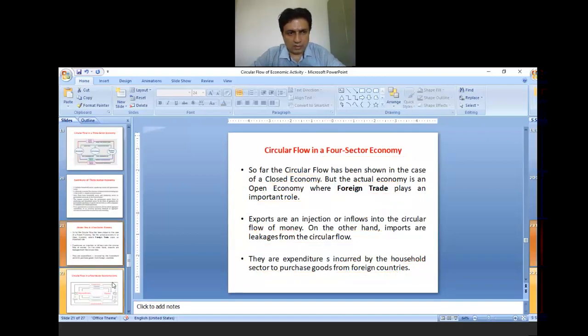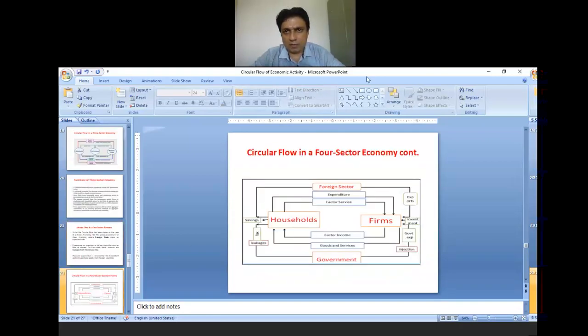So moving to the next slide. This is the diagram, or the figure, of the four sector economy. Here you can see there are four sectors. One is the household, second is the firm, third